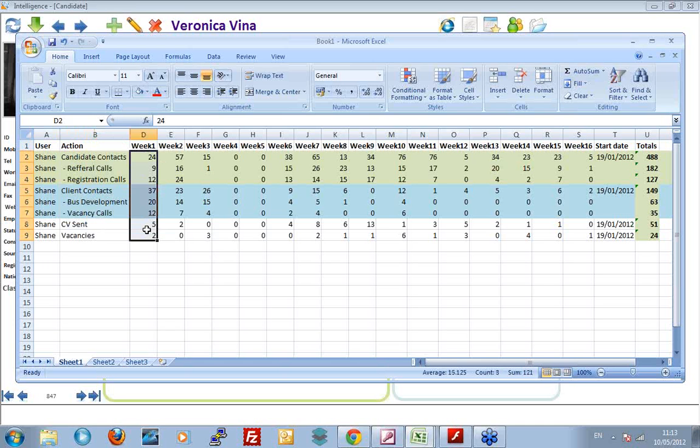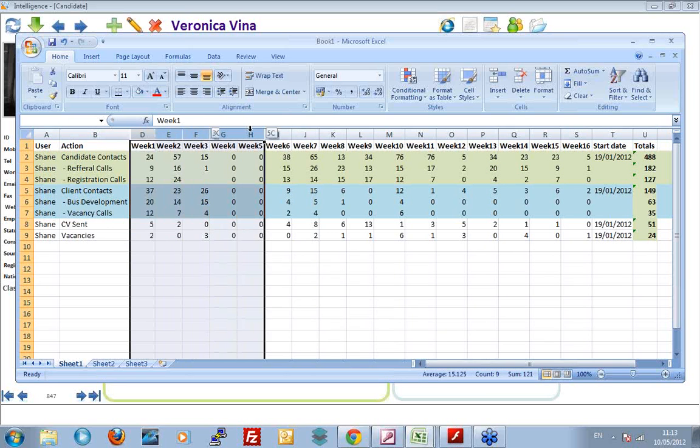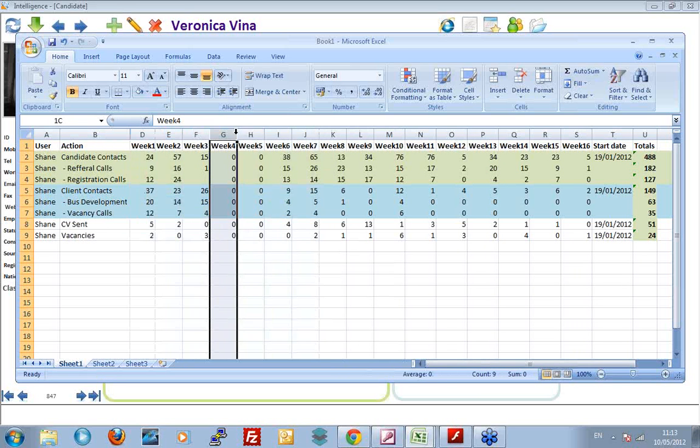This mainly gives me a sense because I'm analyzing this over a period of time. So for a number of weeks, I can see trends. I can see for week 4 and week 5, Shane was on holidays. I can see if there's vacancies coming on board, how that relates to other things. So I can see client business development calls, how many of those, the results in vacancies, how many CVs were sent out, how many candidate calls, and I can sort of plot things through. So it gives me a sense of what's going on. But this is big picture stuff.